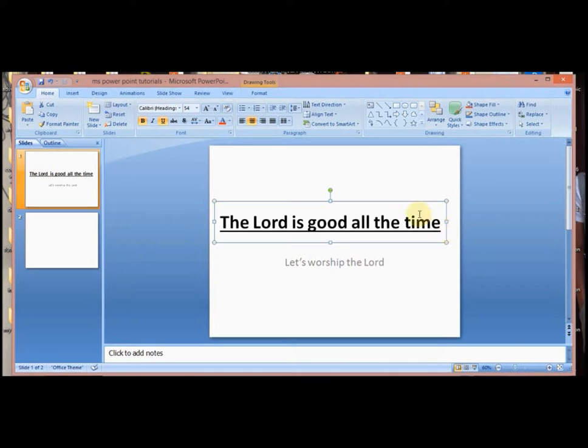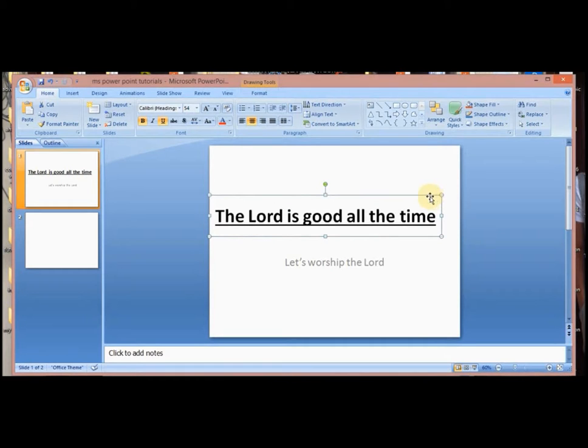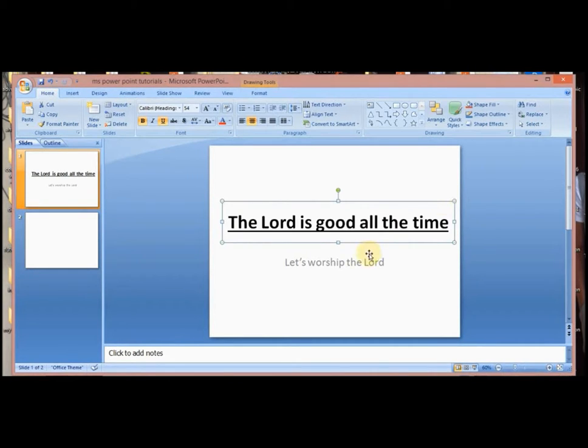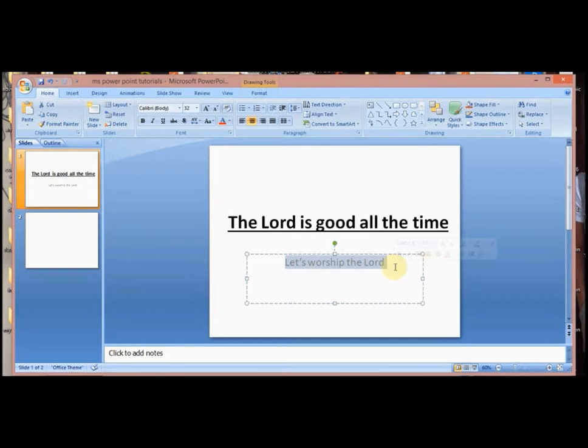So how do you drag this box? You click and drag. Okay, then you come to this one also. You see another box. You can format it,